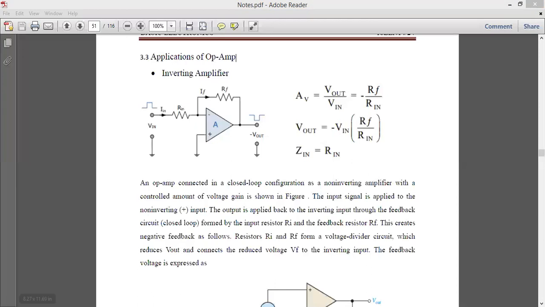So why are we going for applications? Why do we need to go for applications of op-amp? Because once you go for developing any IC, you may have some kind of applications. आपको application में convert करना है. For example, आपके पास में कुछ product है और आप उस product को convert करना है. So before going for the conversion of op-amp, you need to study the whole detailed concept of op-amp.